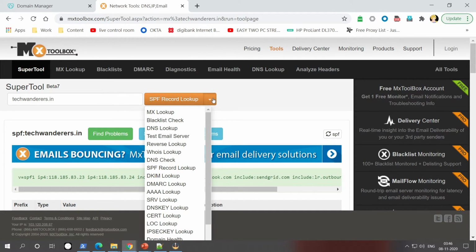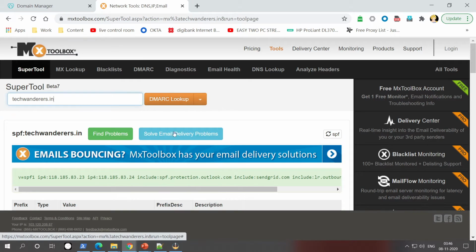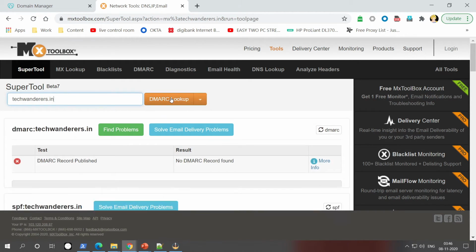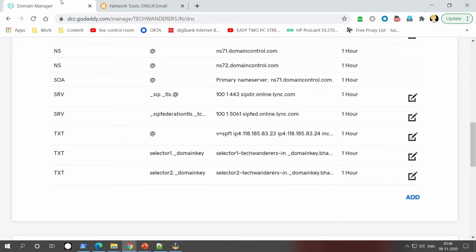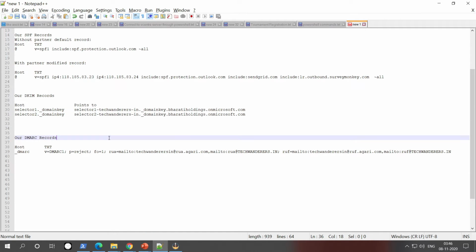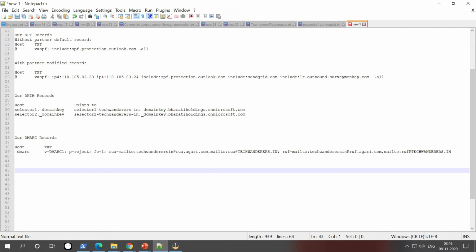If I go to check the DMARC lookup, it shows no DMARC published. So let's go publish the DMARC record. In our case, we have our DMARC record created. These are the simple steps you can follow. You just need to put this tag which is default.